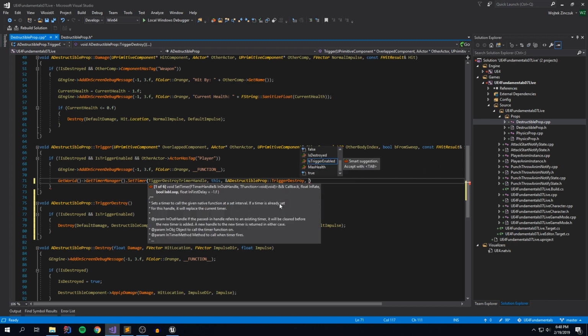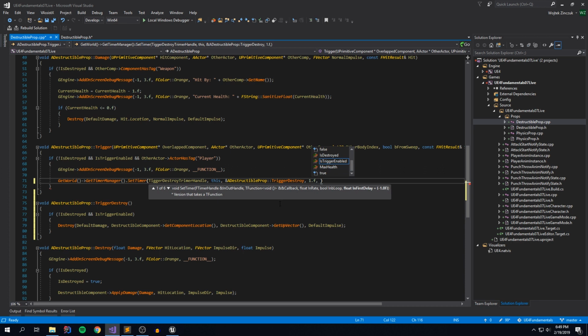And then we have a couple of other parameters we can pass in. So do we really care about them? A little bit. So 1F means every second. So we're going to run this trigger basically every second if required, or for 1 second. And the last we're just going to say